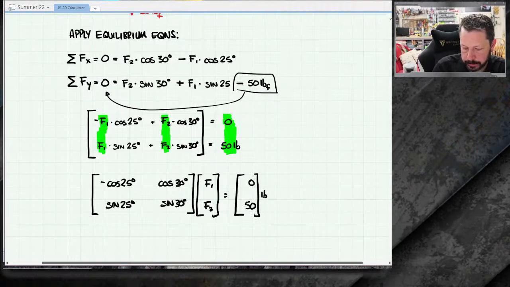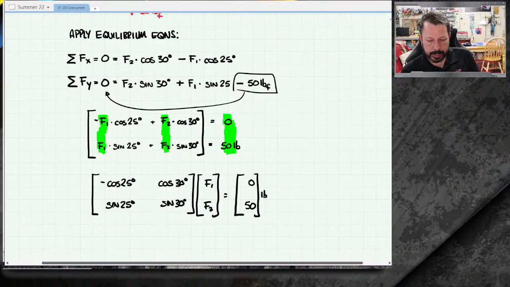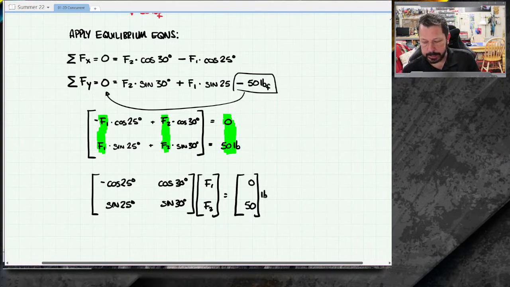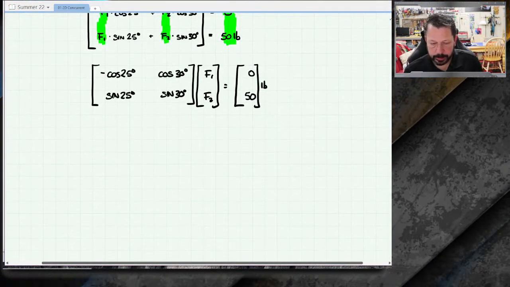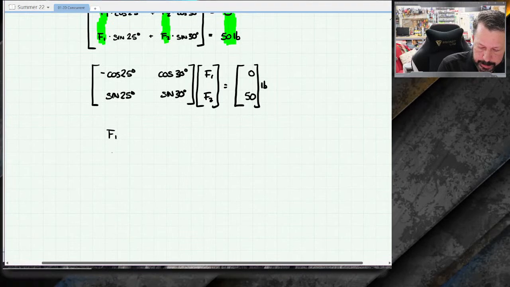And those are in pounds. So if I can create this set of matrices, I can solve for F1 and F2 as a matrix